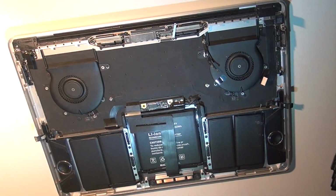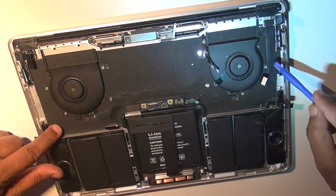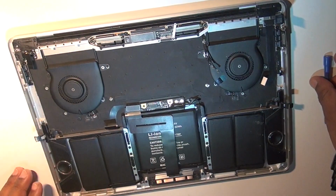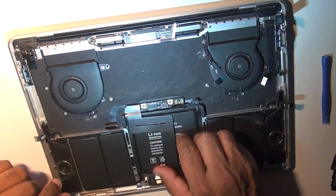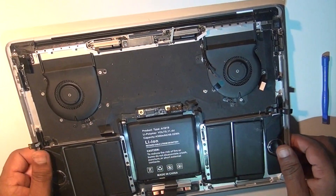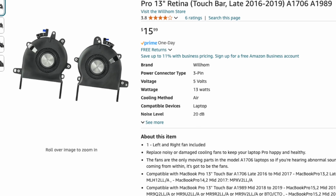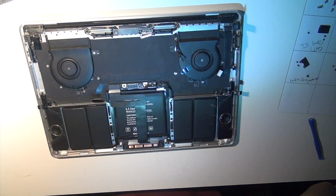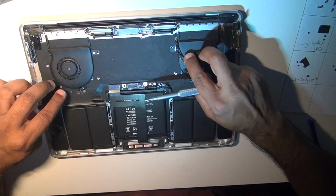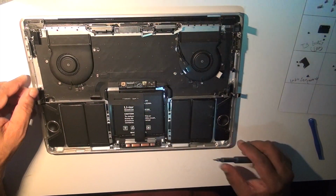Alright, now I have access to the old fan. As you can see, the nuts are clearly marked, which you need to unhook, and that's very straightforward. So I just unhooked and removed the old fan, and started putting in the new fan. Alright, so the new fan is in, as you can see, and now we are just going to go back and